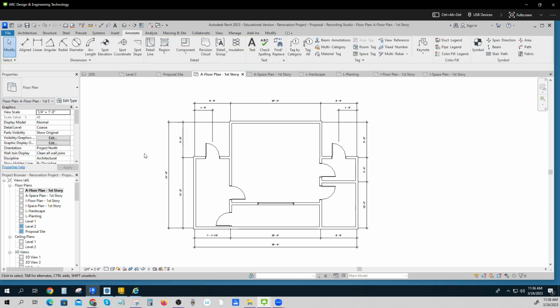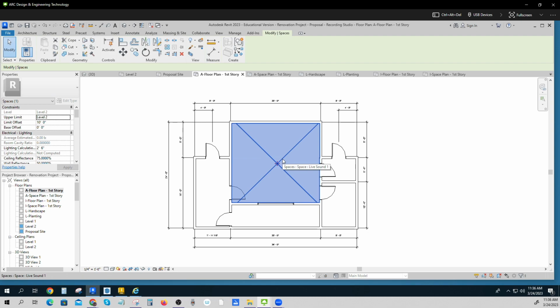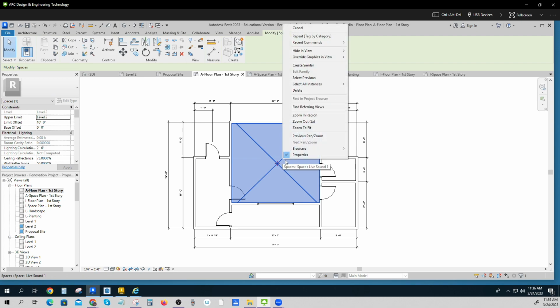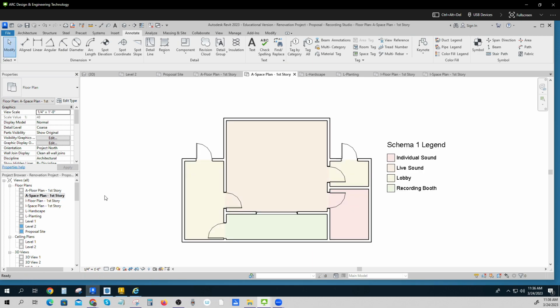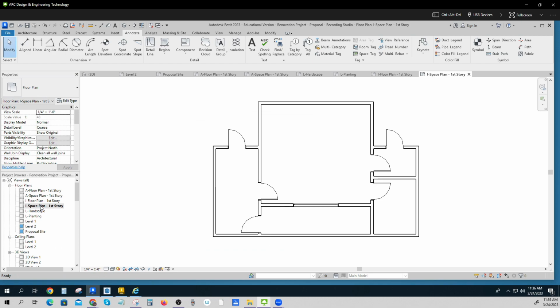Okay. If you want to tag one of these, you can do so. You can add a room tag. Not too concerned with that. I'd really rather just have you have a nice, clean, dimensional and a nice, clean space plan. Now, if you're doing a little bit more that's of interior design, you might want to add something like